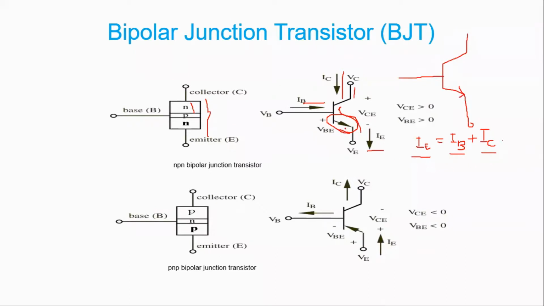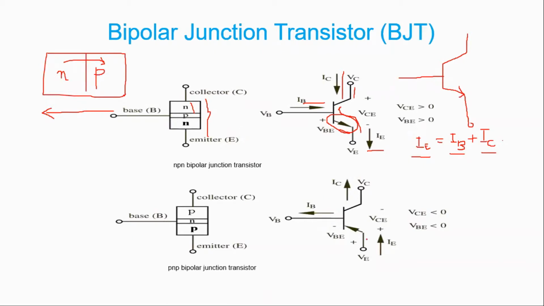And what about this arrow? This is your PN junction, N to P. Now electrons will move from this direction to this direction, and we know that the direction of current is opposite to the flow of electrons. So your current direction is like this. Here N to P is the direction of flow of electrons. So what will be the flow of current? The flow of current will be from P to N. So that's why this arrow is there.